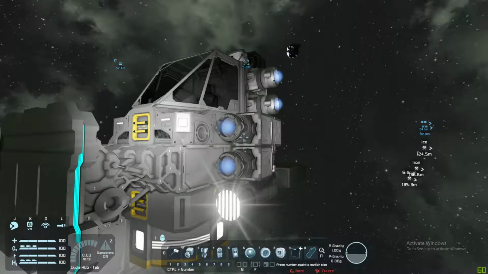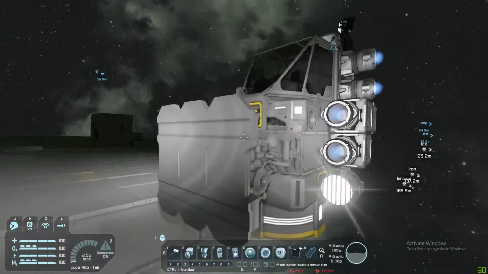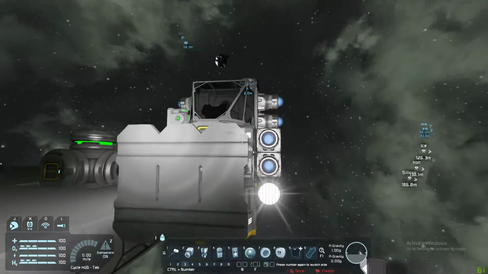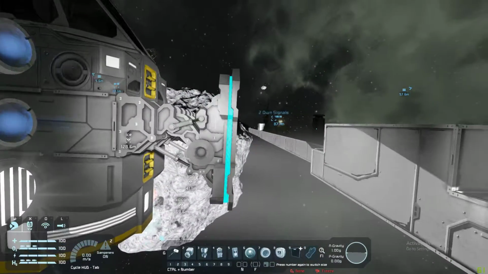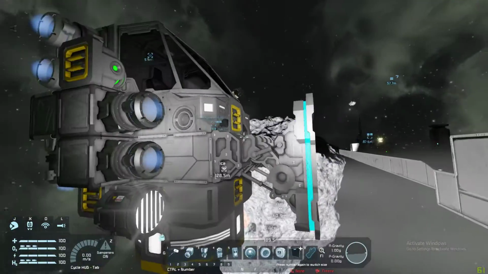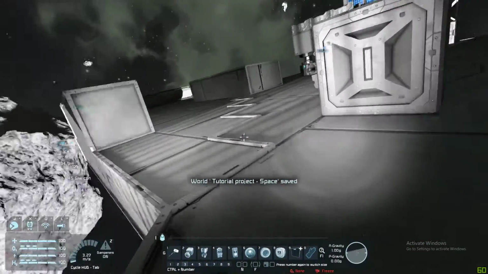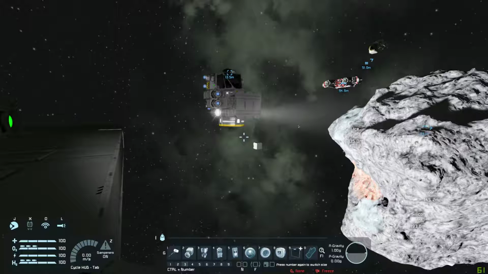So let's say a big ship is broken down, or I'm trying to retrieve a crashed ship, I can use this thing to do that. And I use the landing gear as grabbers. They will lock on, and then I can use my thrusters to pull it around. Landing gears can also be used to stabilize